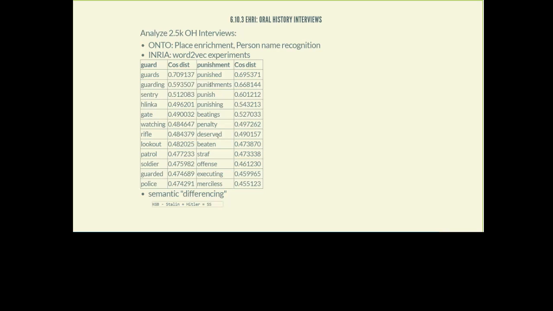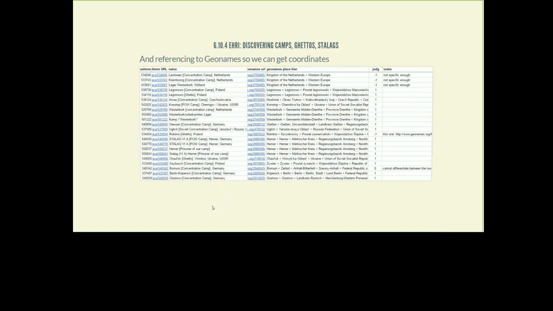And then from the collocation of words, you can find clusters like this. It even allows semantic equations. Like if you say, what is KGB to, if KGB has a relation to Stalin, and what is the thing related to Hitler? And it answers, well, it is the SS. Again, discovering camps and ghettos out of institutional information that has a lot of duplication and variant spellings.